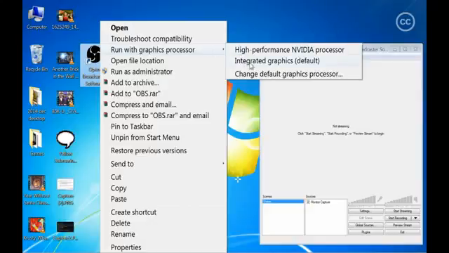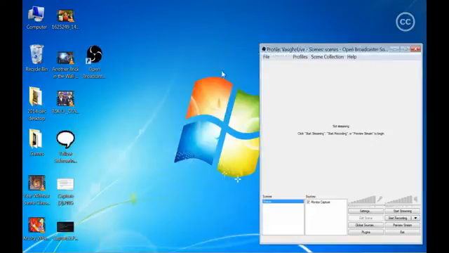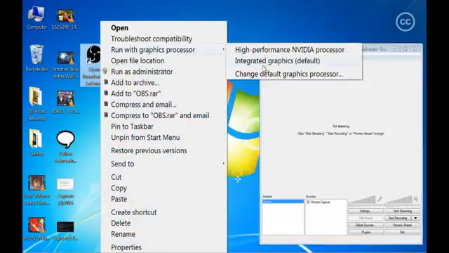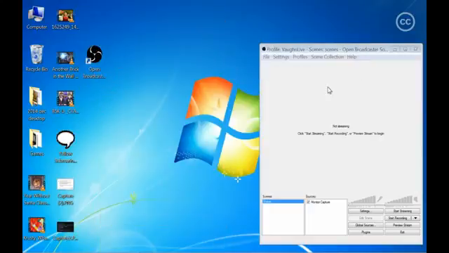Now look at this. Right now, the default is set to the integrated graphics card, which is wrong, which means it's not going to work. I could click on a high-performance NVIDIA processor, and that would fix it for this time. But if I want to set it permanently, I need to select Change Default Graphics Processor. That opens